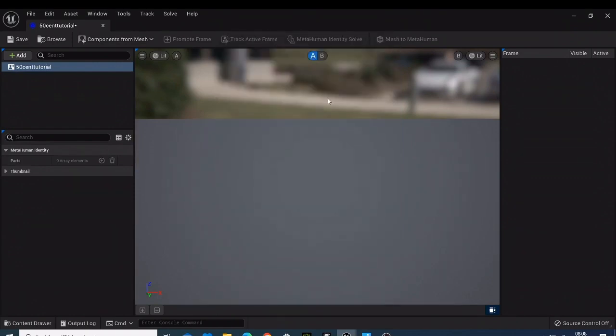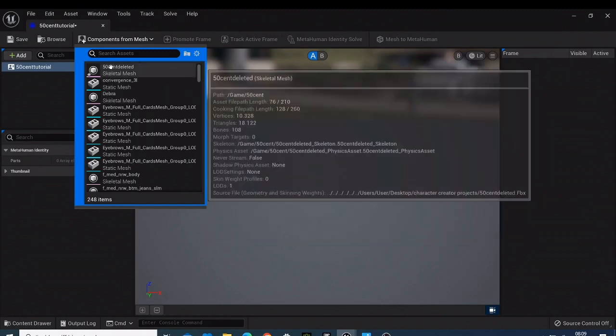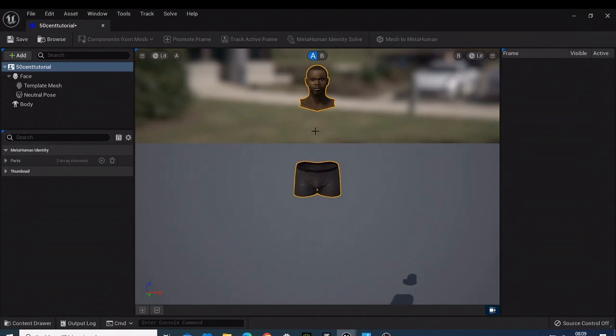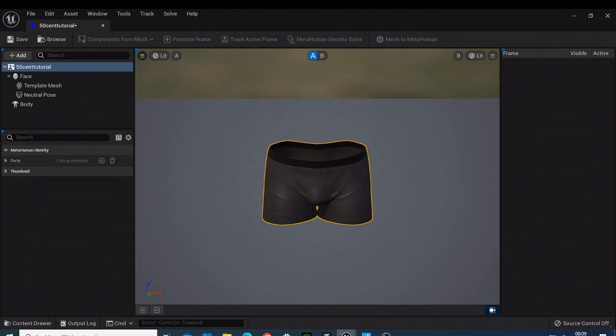So go to the component mesh, and on your component mesh you can see your character here. So just click, and you see this one came with this. It is the problem when you're even hiding the mesh in Character Creator, because it is going to import even this one. That's the problem, but that is not a big problem. So just click here, and what I do is reduce this one to 20, and then now you can try to bring the face, because the face is what we need,